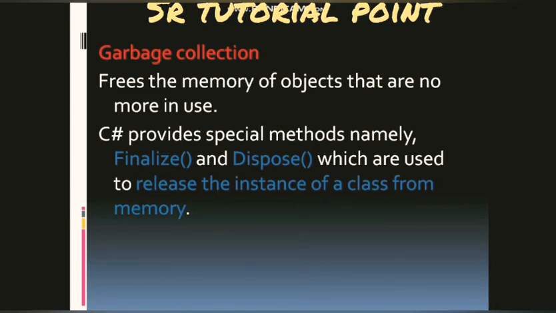When taking the Finalize destructor, it is a special method that is called from the class to which it belongs or from the derived class. This destructor is called after the last reference to an object is released from the memory. In .NET, it automatically runs the Finalize destructor to destroy the objects in the memory.